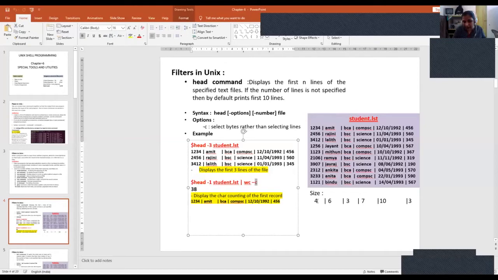See, to make it very easy, I've just given it here. See how many characters you have in one row. 4 plus 6, 10. 10 plus 3, 13. 13 plus 7, 20. 20 plus 10, 30. 30 plus 3, 33. Plus, what is this? That vertical bar, we call it a delimiter. It's not a pipe, it's a delimiter.